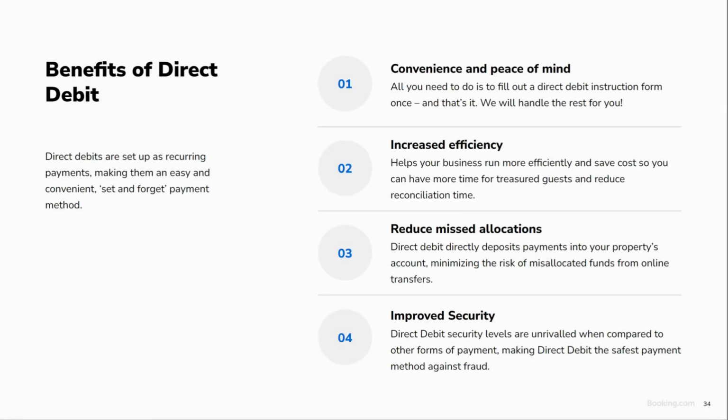We believe direct debit is the most efficient method of payment, and here are its benefits. Direct debits are set up as recurring payments, making them an easy and convenient set and forget payment method. It is more convenient and provides you with a peace of mind, allowing more time for you to spend with